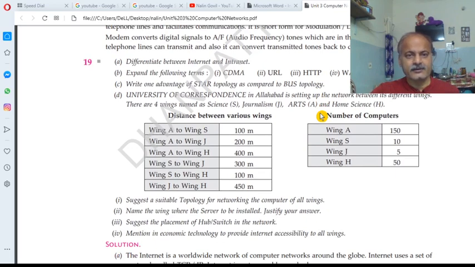Then expand the following: CDMA, URL. So CDMA is not in your syllabus, URL is in your syllabus. Write one advantage of the star topology compared to bus. This is a very important question. This question has come in the year 2006.